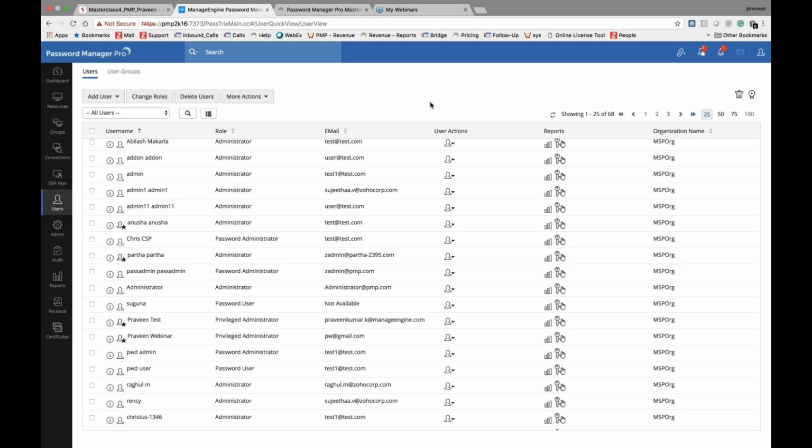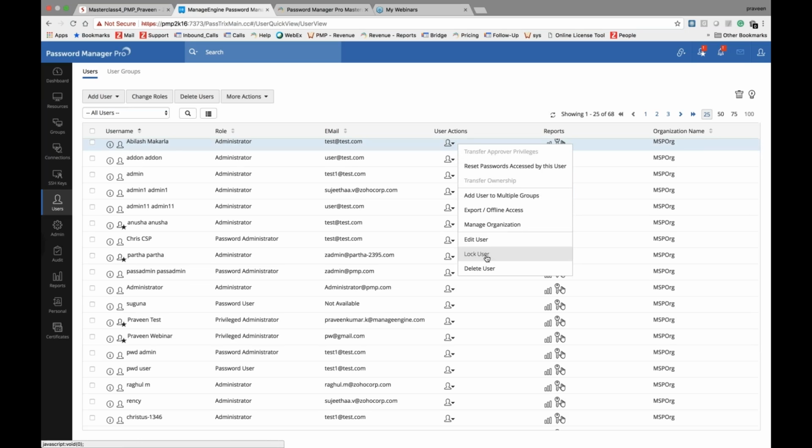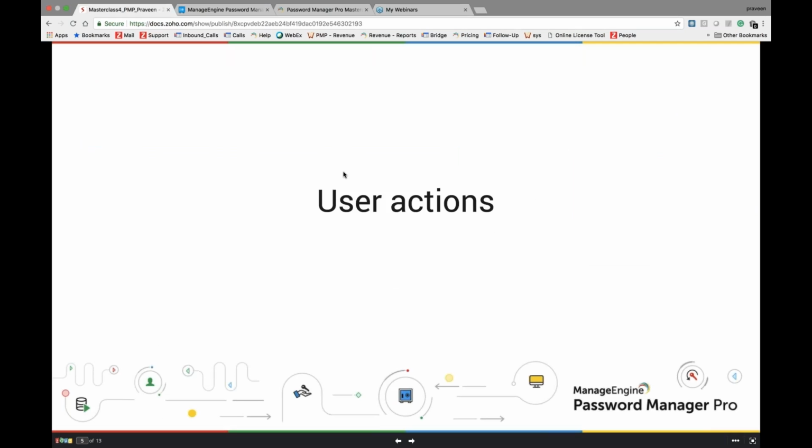But if you go for a local authentication, then you also have an option here to lock that user from the Password Manager Pro itself, right? So this is about the user actions which can be performed